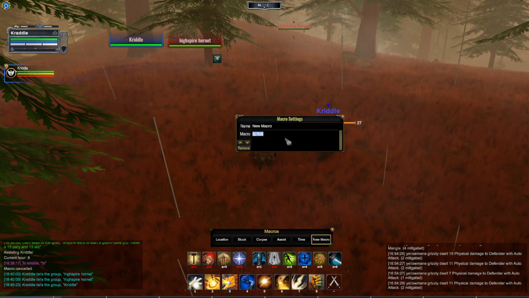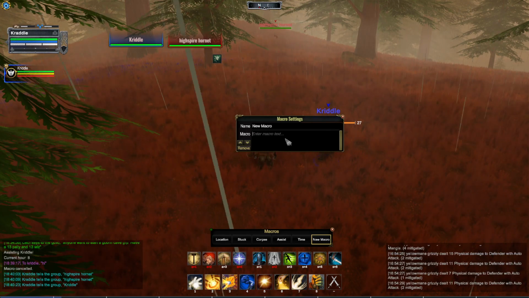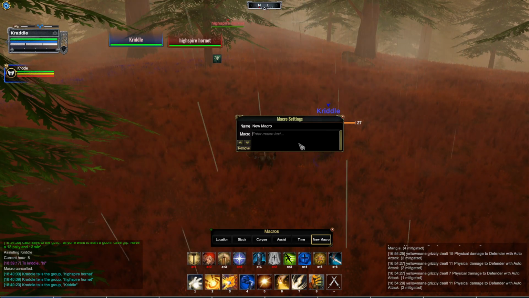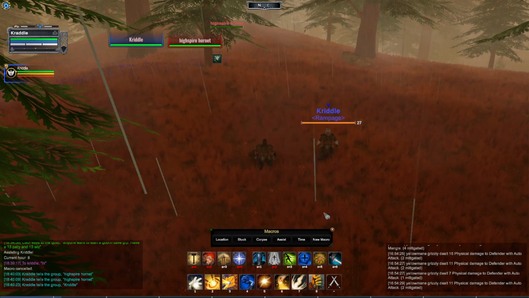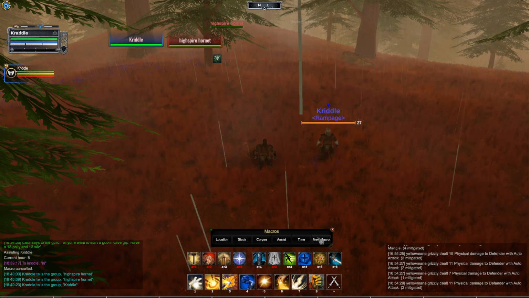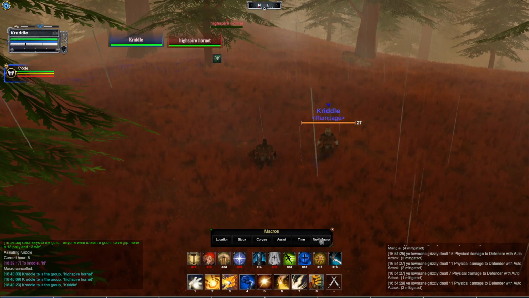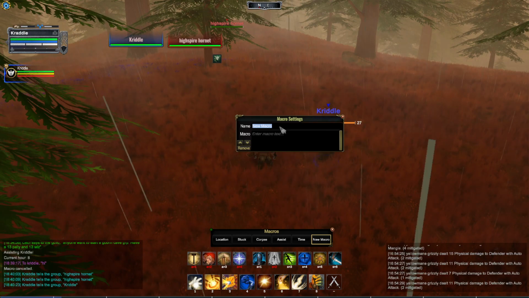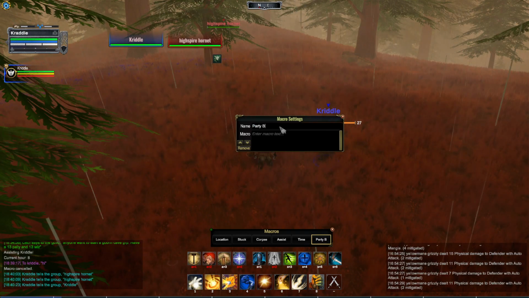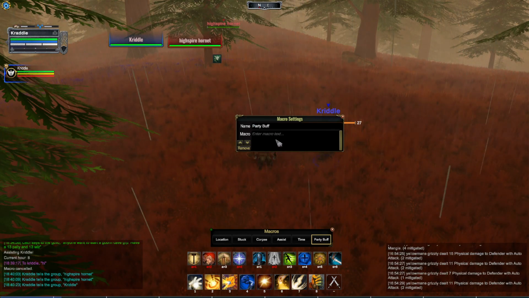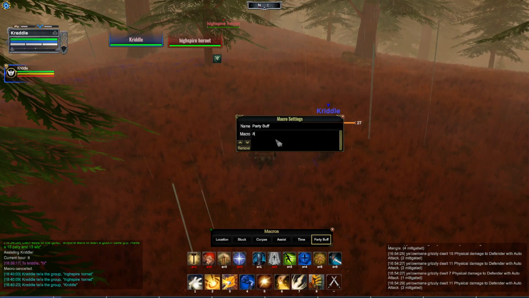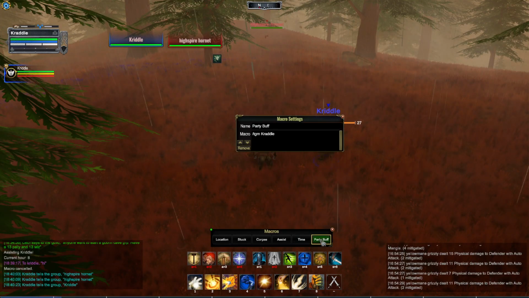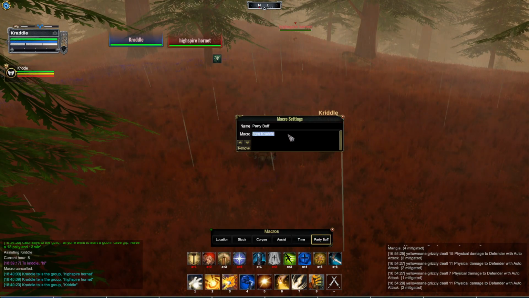Or if you're doing a heal macro or something, which is something I'm about to go over, is how to make a full macro to buff your entire party. Okay, that's kind of where I'm leading up to here. So we're going to do a party buff macro. So we're going to go here, we're going to go party buff, and we're going to do /TGM Cradle, and that should target myself. If I click that button, it does. So TGM Cradle, and then I want to